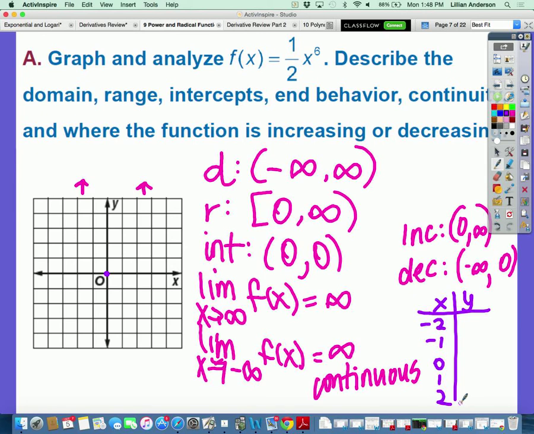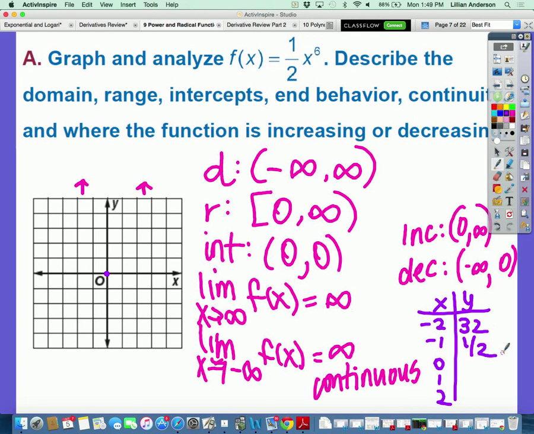So what's negative 2 to the 6th power? No. You should be able to know your powers up through 7, pre-calculus people. So what's 2 times itself 6 times? It is 64. So half of 64 is 32. And yes, it's a positive 32, okay? Think about it. You're multiplying a negative by itself an even number of times, so it's always going to turn positive. Negative 1 to the 6th power is 1 times 1/2 is